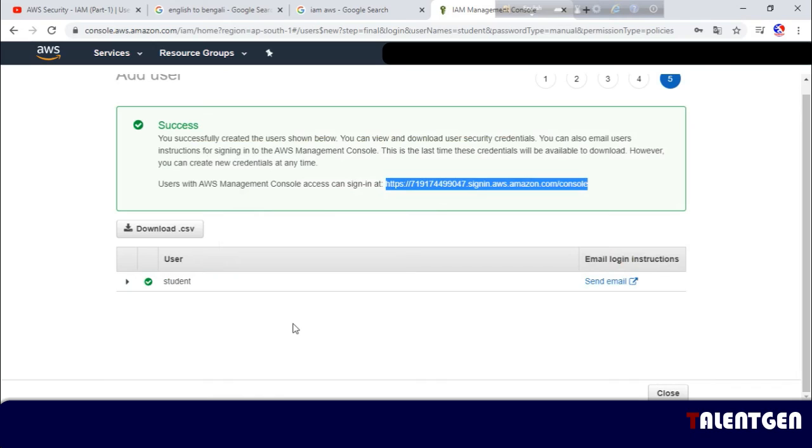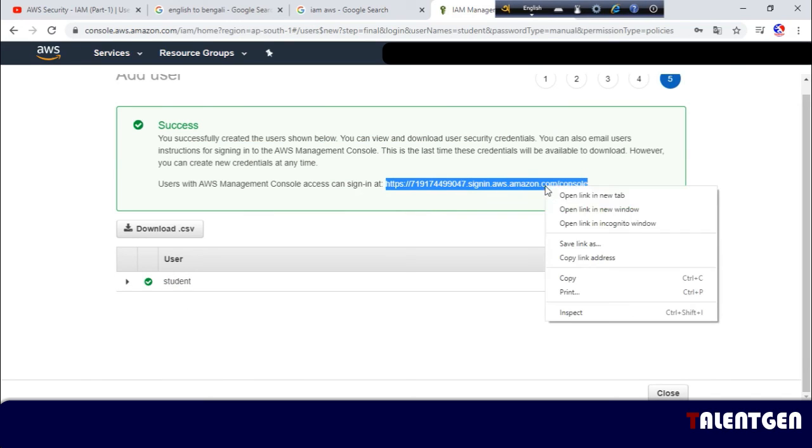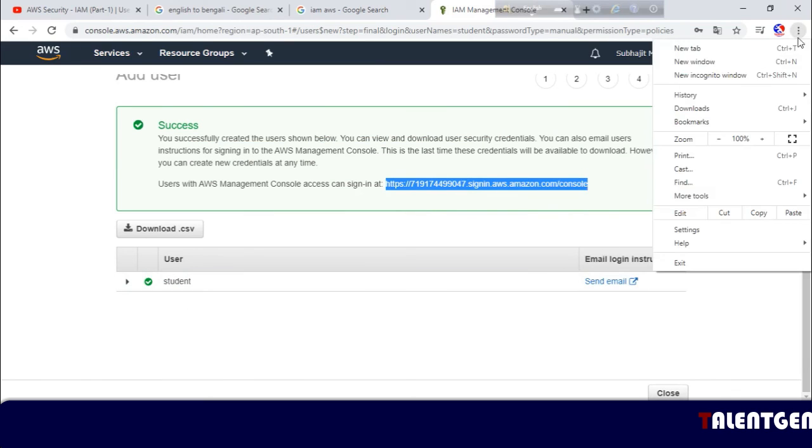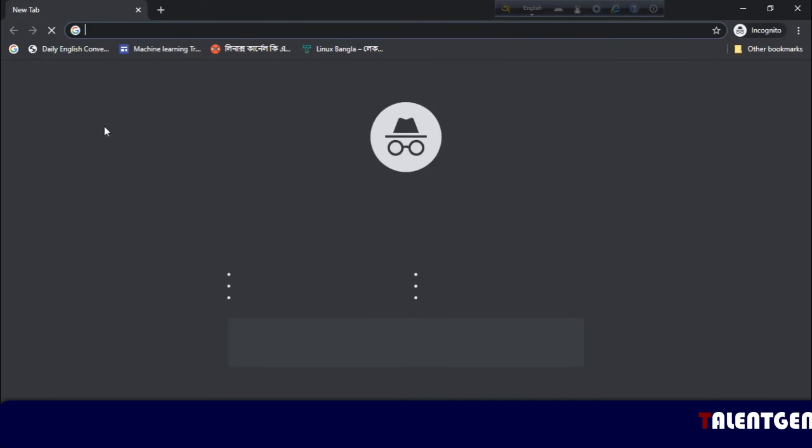Now we need to log in to this account using this student user. Copy this URL and open a new incognito window.